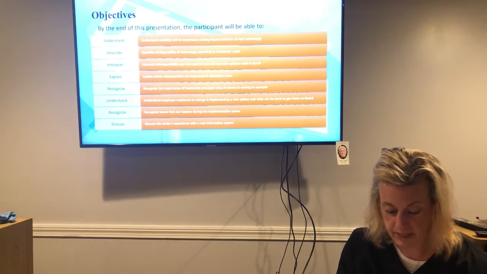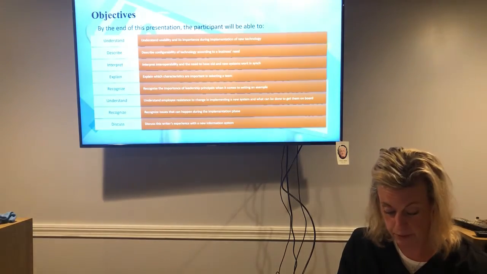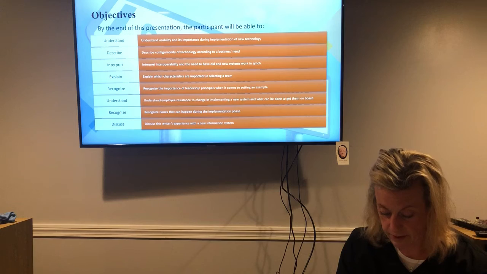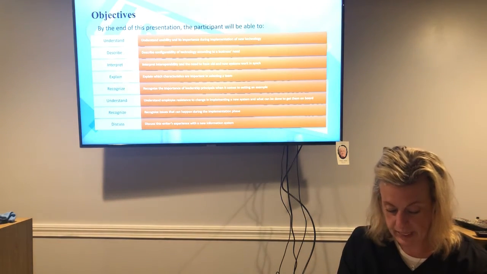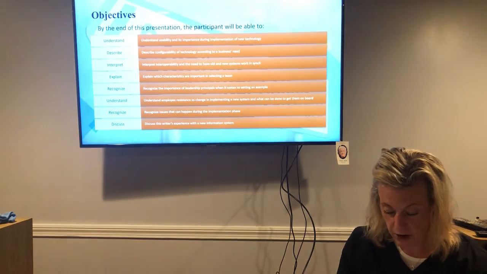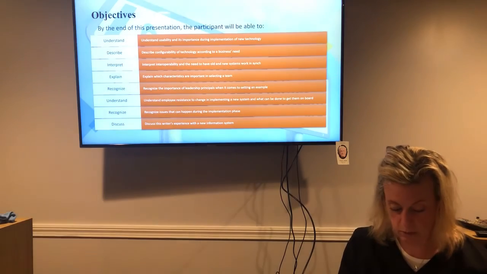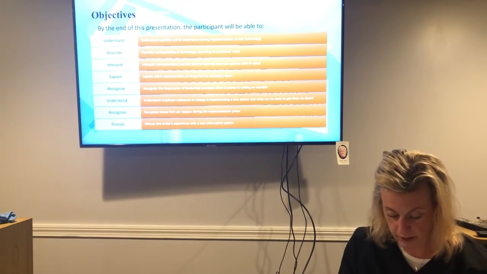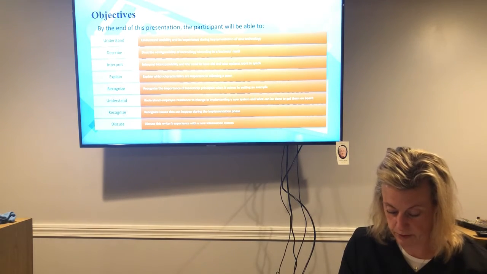By the end of this presentation, the participant will be able to understand usability and its importance during implementation of new technology, describe configurability of technology according to a business's need, interpret interoperability and the need to have old and new systems work in sync, explain which characteristics are important in selecting a team, recognize the importance of leadership principles when it comes